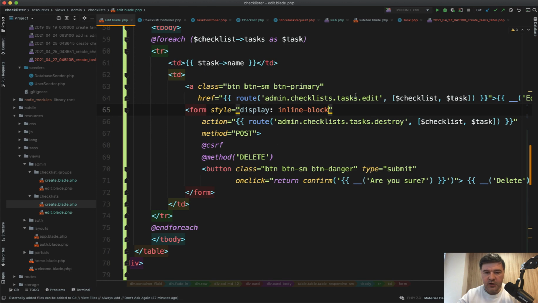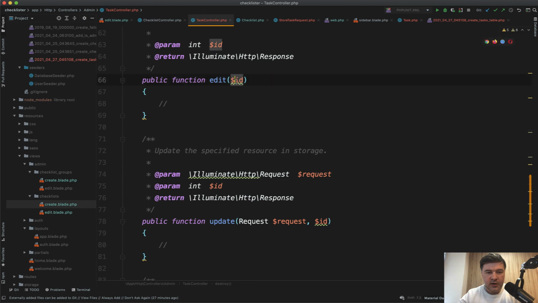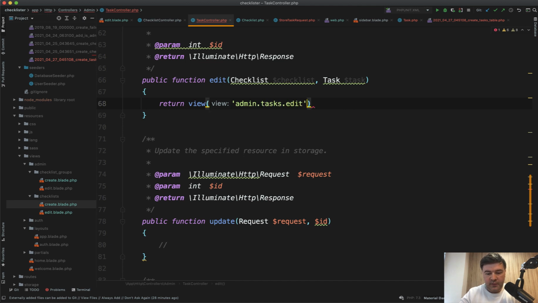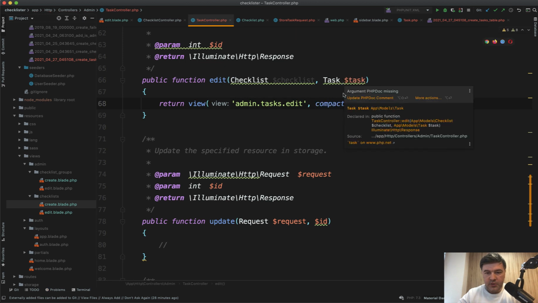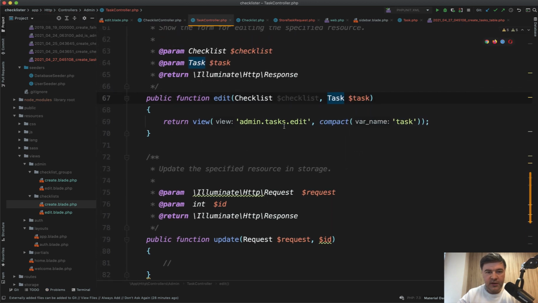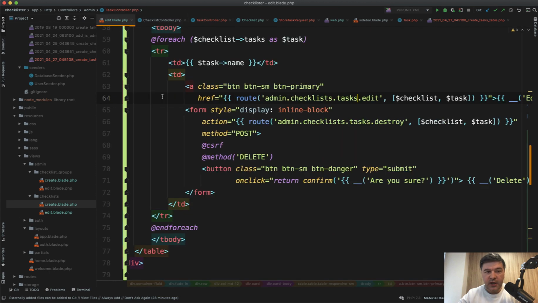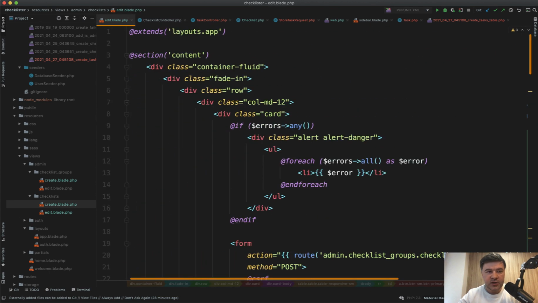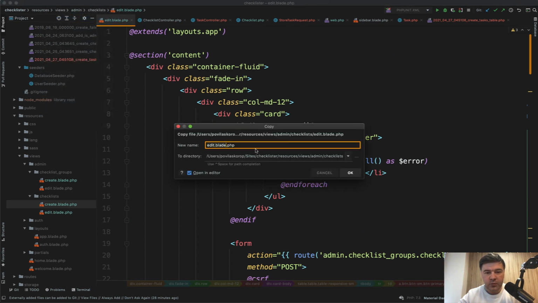Okay, and now we need to take care of that edit form, which will be in the task controller. Here in the edit, we need to pass checklist again and task, and then return view, admin, tasks, edit blade, I think, compact task. Let's update the PHP doc automatically, and let's build that tasks edit, which will be actually the same edit blade as checklist. So we will do file save as for that one, change the folder to tasks, edit